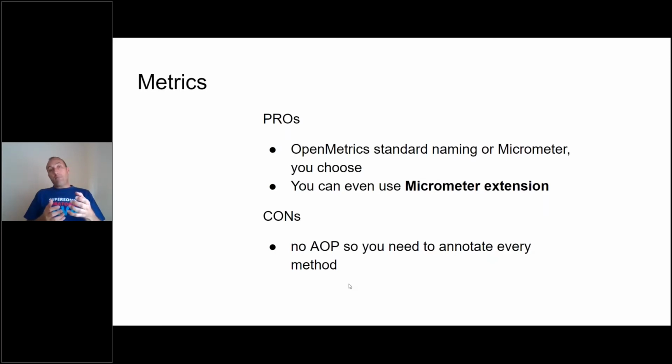You can even, instead of using the MicroProfile metrics, use the Micrometer extension, and then you won't have to touch even your custom annotations, your custom metrics in the Spring project. So that's also very convenient. And we don't have AOP to get metrics. In this case, AOP was used to get the metrics on the access to the database, so based on the ORM usage. We are going to see a different way of doing the same because, as I said, we don't have AOP on Quarkus.